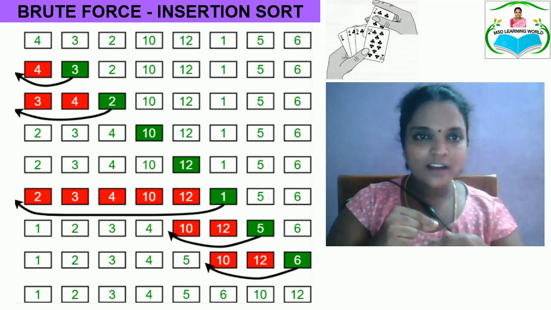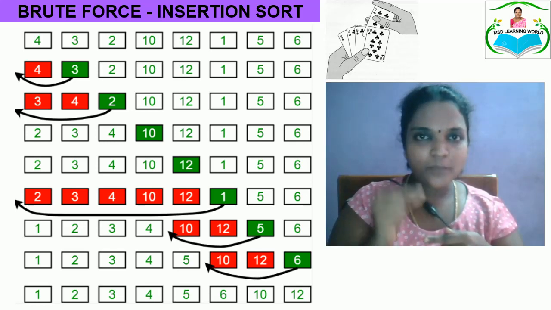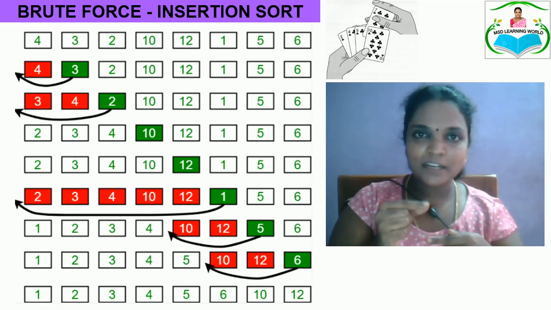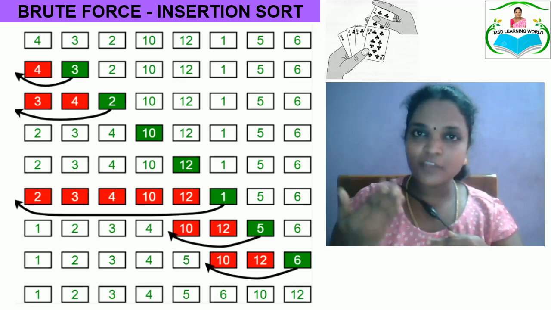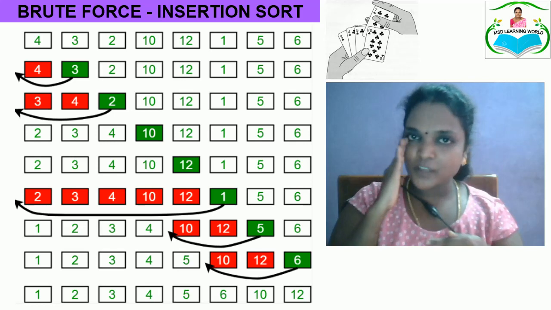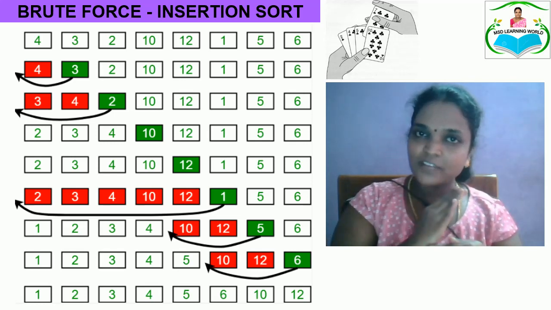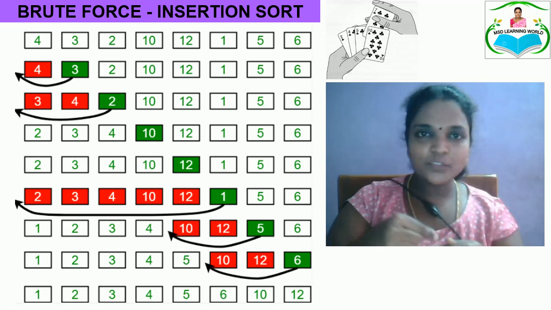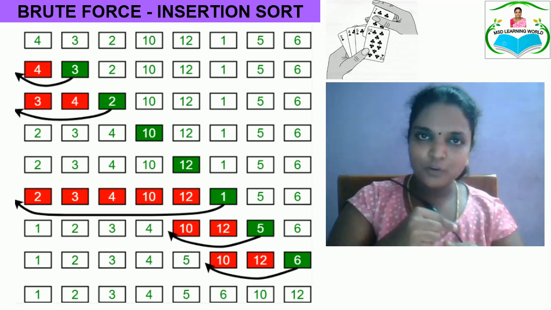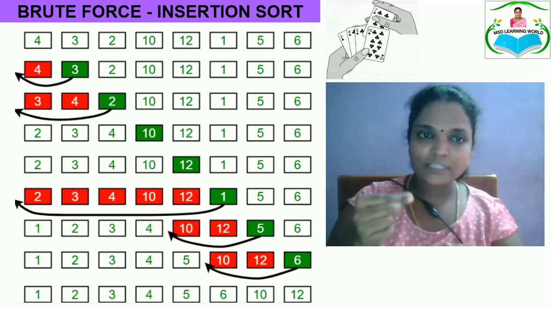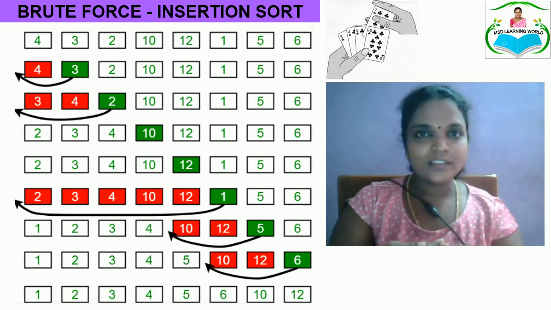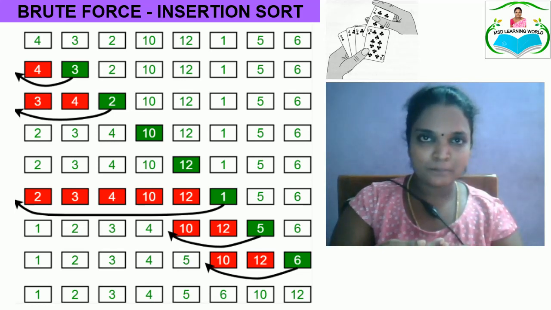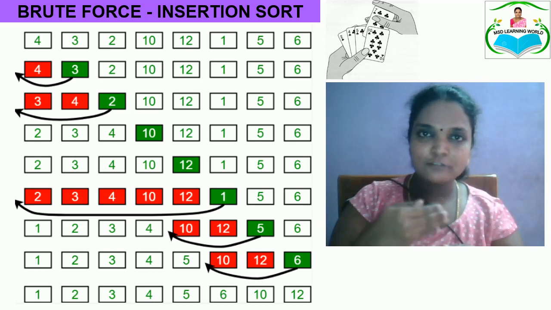Now I am going to take the card 3 out. Where am I going to insert the card 3? I am going to check this card only with the elements to its left. I am not going to worry about the elements on the right. This is how we play the card game. We always focus only on the left-hand side values of the cards. So 3 is taken out and it is checked with 4. The card 3 is smaller than 4, so it is inserted before 4, and 4 is shifted to the place where the card 3 was. Now 3 and 4 are in sorted order.